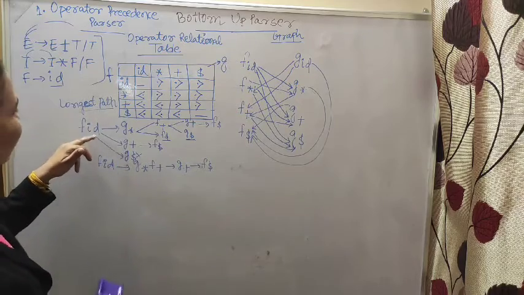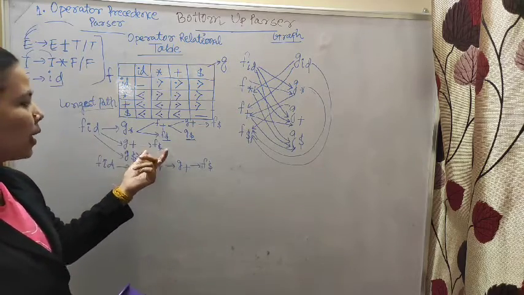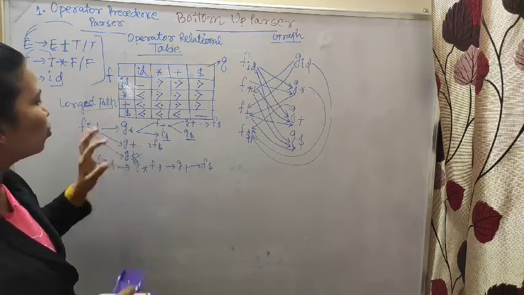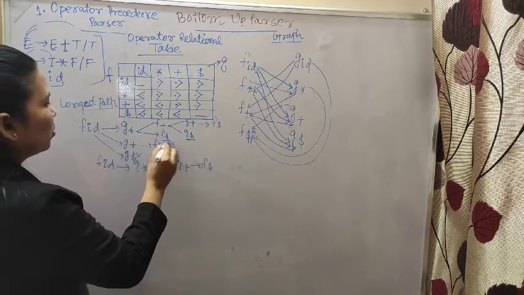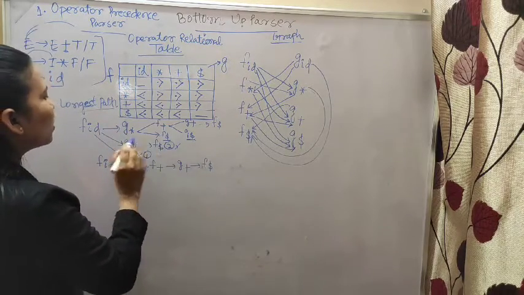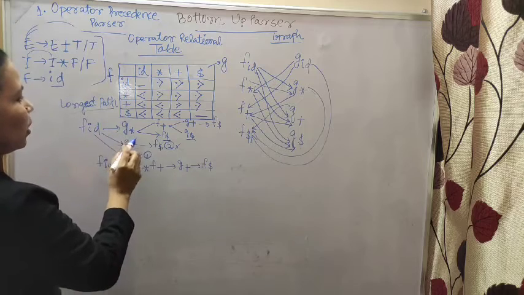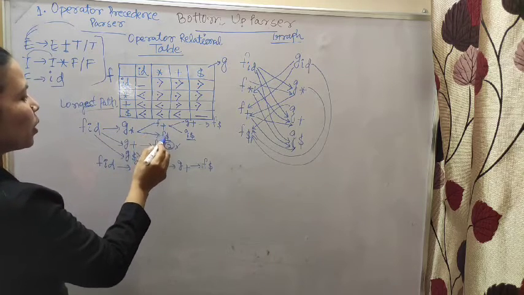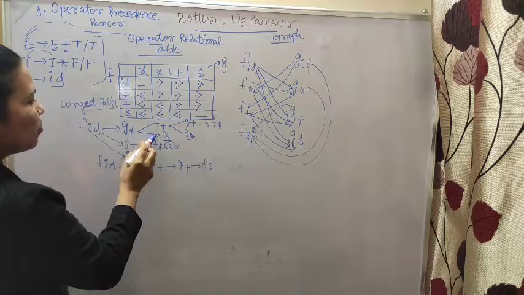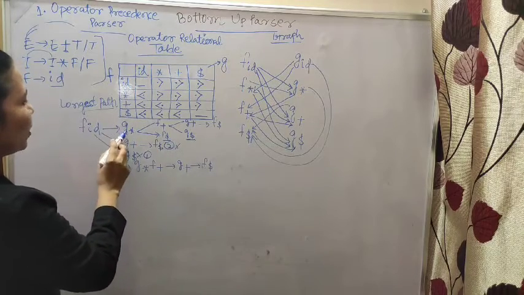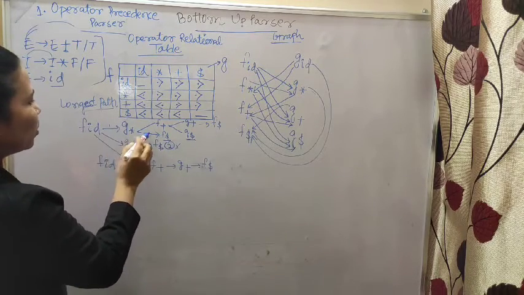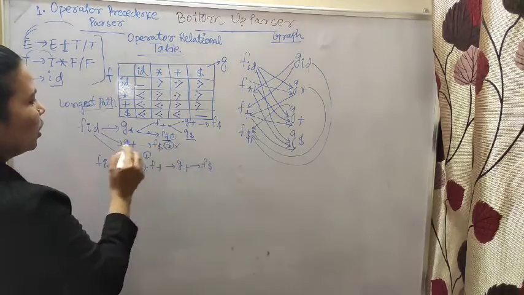Now look here, FID is going to G plus and then F dollar. So here how many paths? 1, 2, 2 paths. This is one path. It is also cancelled. Now look at FID to G star. G star has two paths, F plus and F dollar. If I am taking the F dollar, then FID to G star, then F dollar, so 1, 2 paths.